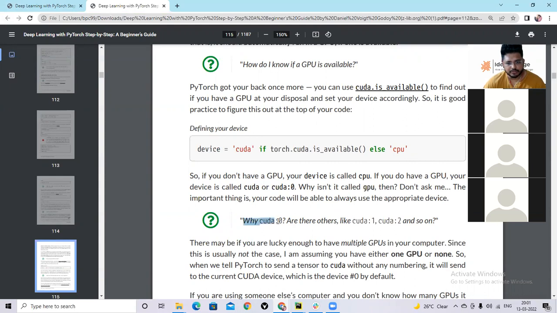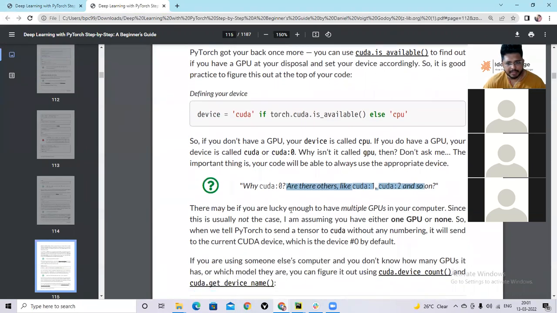Why CUDA 0? Are there others like CUDA 1, CUDA 2, and so on? There may be, if you're lucky to have multiple GPUs in your computer. Mostly our home desktops will have only one GPU. But in case you have a multiple-GPU system, they will be numbered like this: CUDA colon 0, CUDA colon 1, CUDA colon 2.